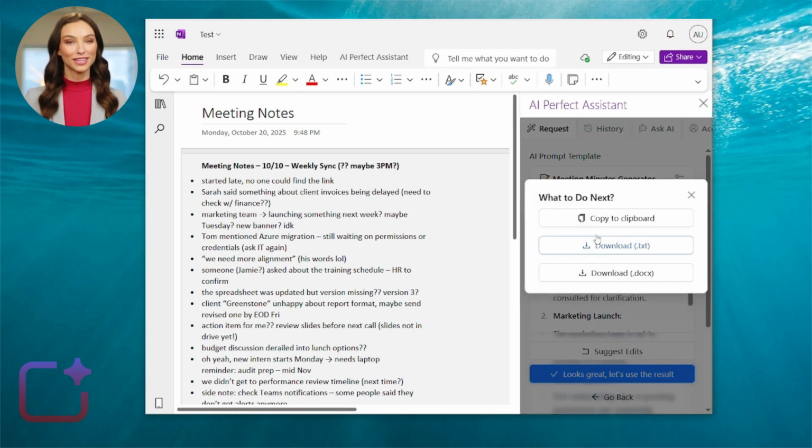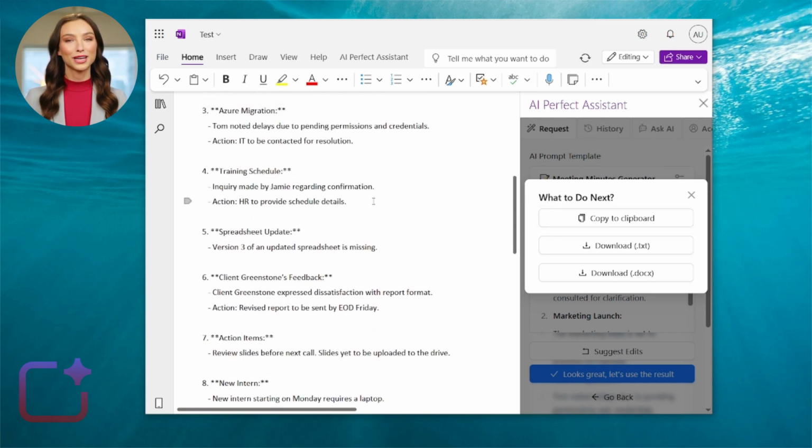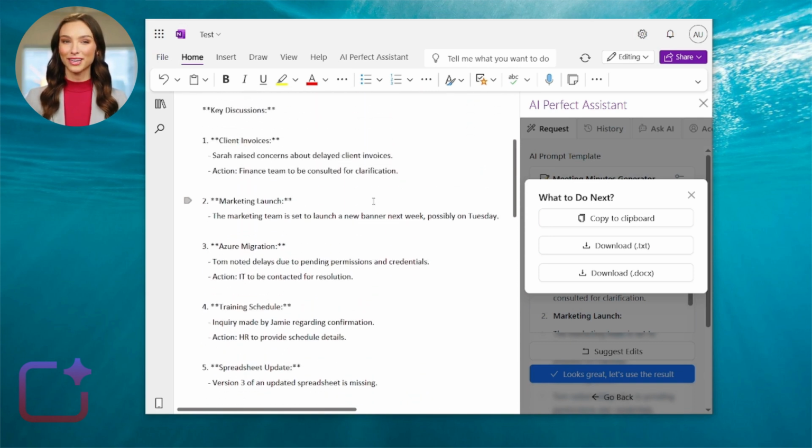Highlight your meeting notes and choose the Meeting Minutes Generator tool. Hit Generate with AI. In a click, you get polished and styled meeting notes that can be shared with a